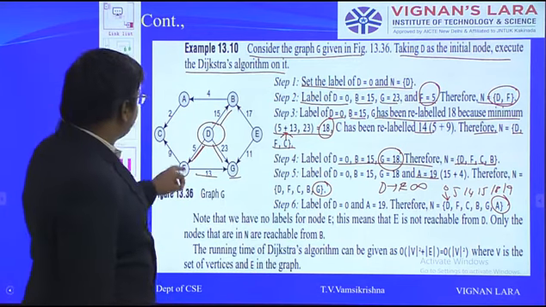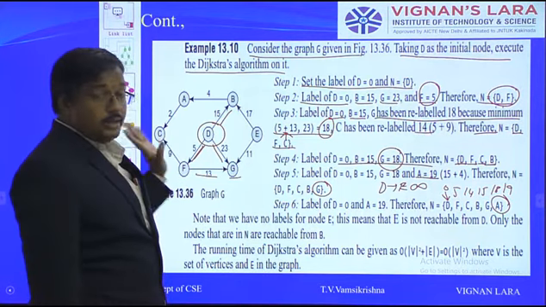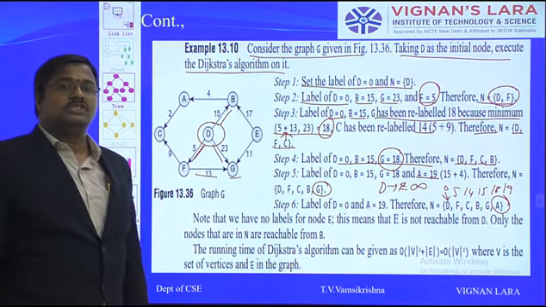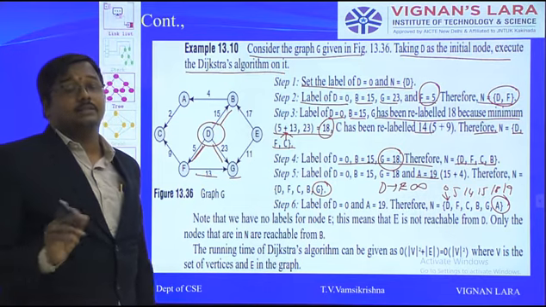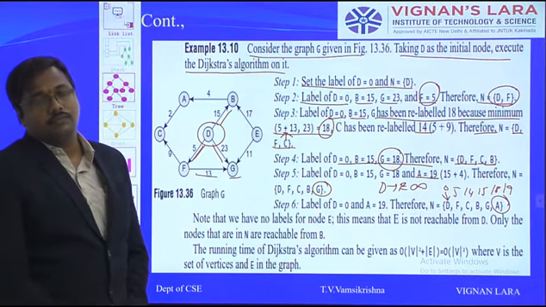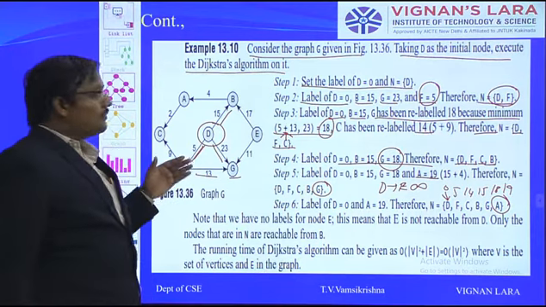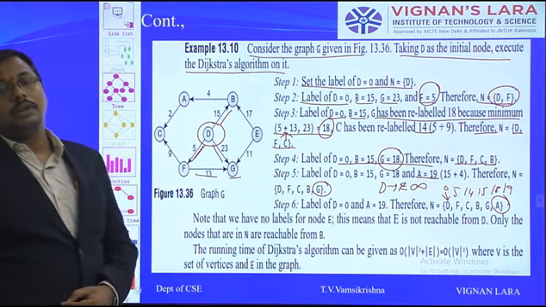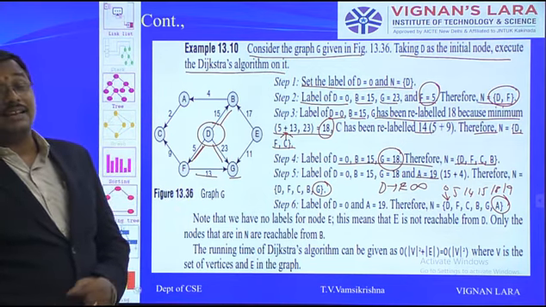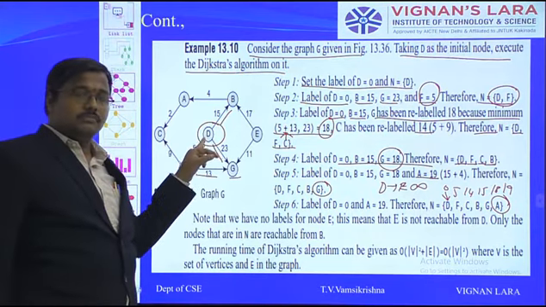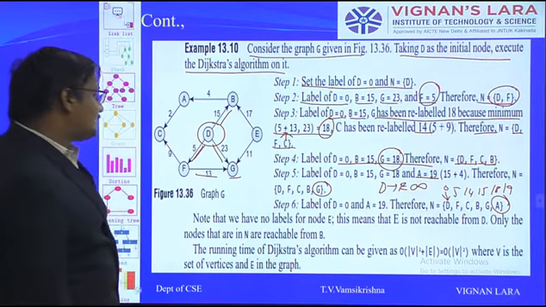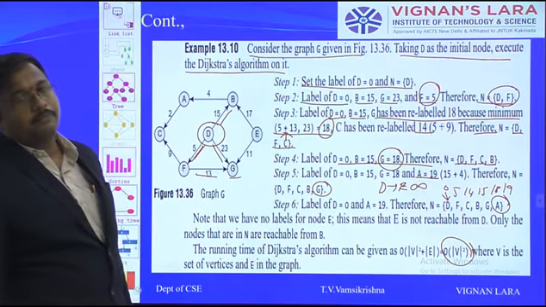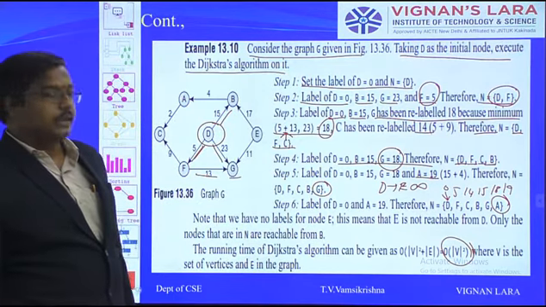Okay, but for all the remaining destinations F, G, B, A, C, we are finding the shortest distance from the starting vertex. Each and every time we are selecting one minimum cost edge, but the distance is calculated from the source vertex only. So the time complexity of this algorithm is big O of V square, right?